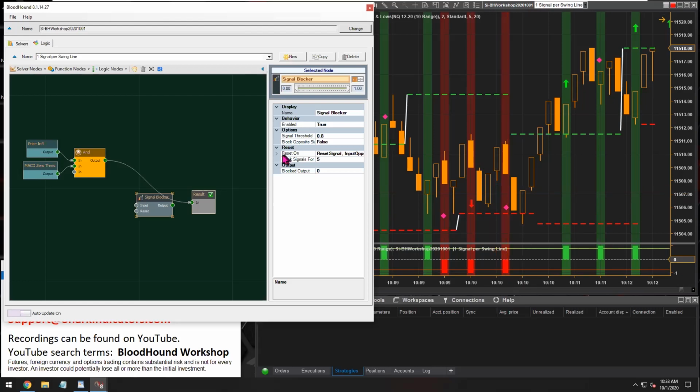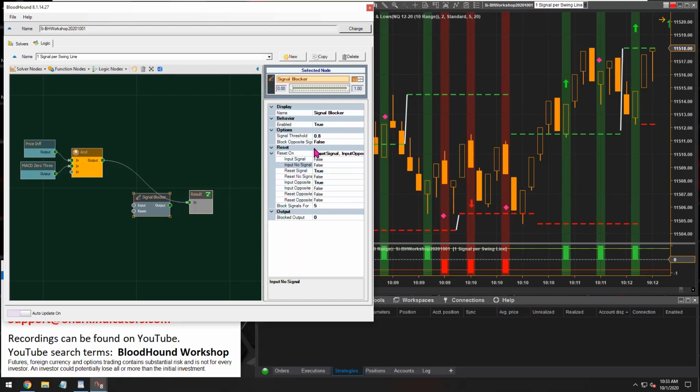So there's this reset capability so that you can reset the signal blocker. We have all these different reset options to reset the signal blocker. And so really that's what this question is about, is getting the logic set up correctly to reset the signal